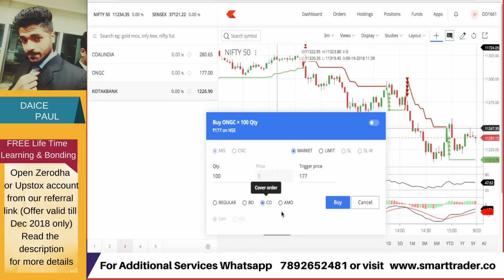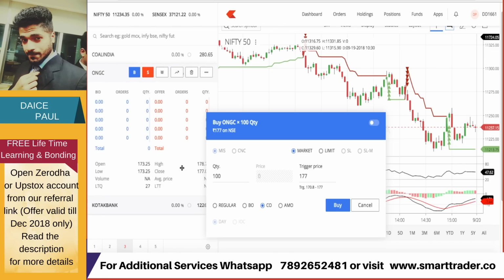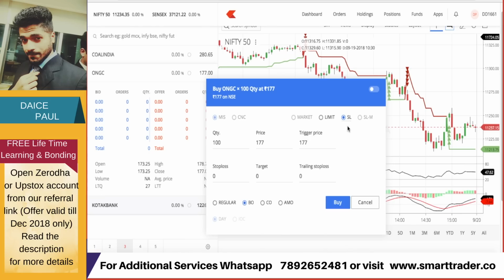If you see like this, you keep a cover order like this, you put all the target and all the price, so you will be ready. So if people want to buy exactly about the high, you can use a bracket order also like this. You can use a bracket order, SL bracket order, put the price where you want to buy. So if you don't have time, you are not a quick person to hit and put the order, then you can use this particular bracket order and keep above the high itself, so that once it breaks its high, it will trigger yours and hit your 0.3% target, and you are done for the day.